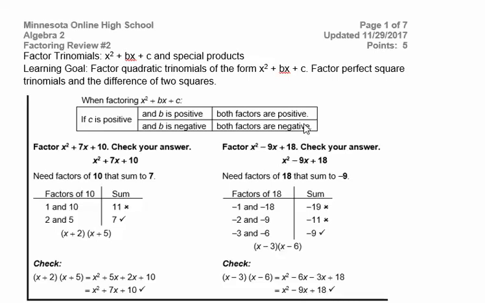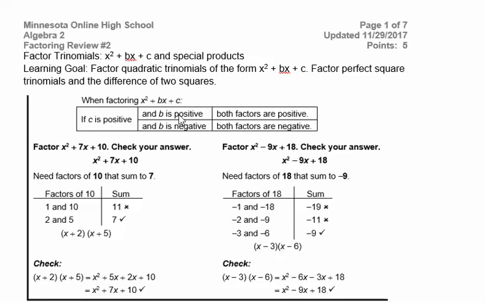So we're going to also look at factoring special products, like the product of the difference of squares and such, and perfect square trinomials. All right, so we have here an example of how to factor x squared plus bx